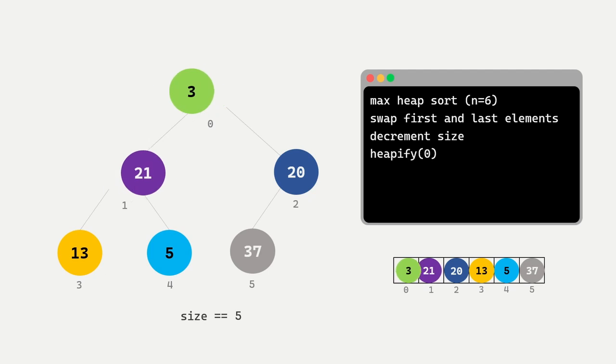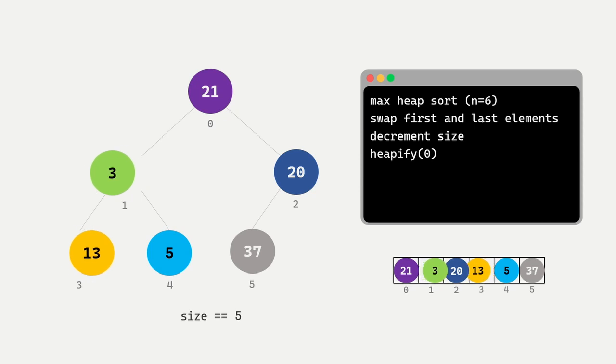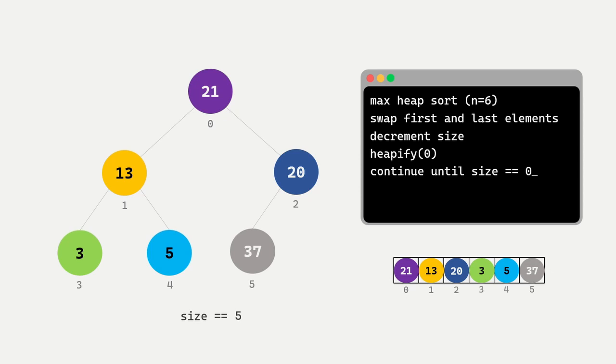And since node 3, of course, is punier than node 21, we swap. And we continue on and kick node 3 down another peg because it's smaller than 13. Because we do not have to perform any more heapifies, this marks the end of the first round of the algorithm. From here, we would want to continue swapping the first and last element until the size